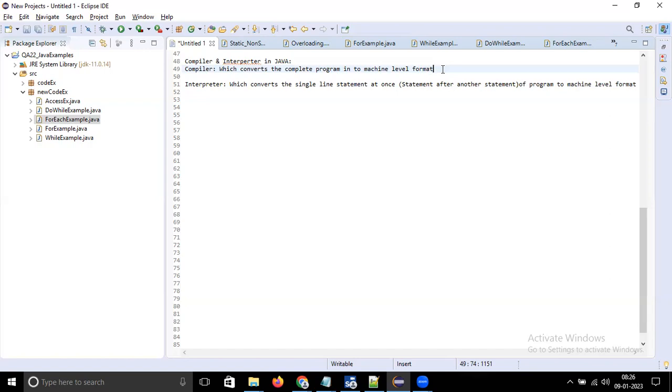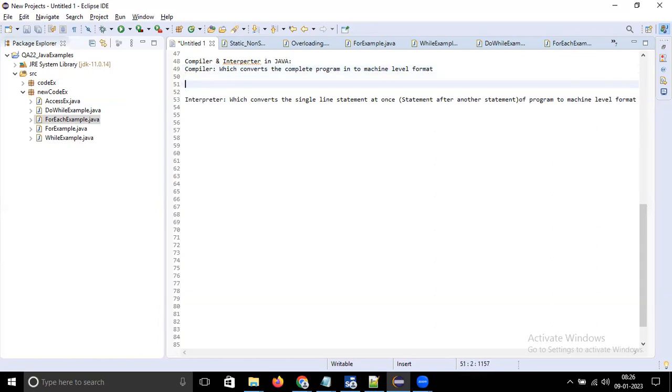Okay, fine. One of the important points that we can discuss about compiler and interpreter is that the compiler can be suitable for UAT, or staging, or testing or QA, or production. And this interpreter